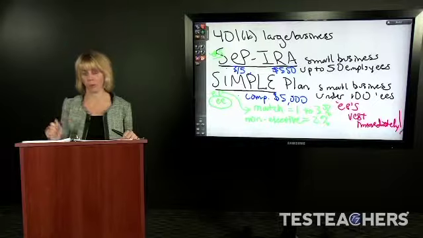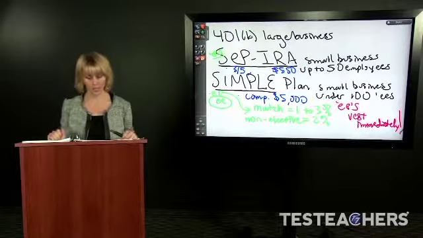Because of that rule, SIMPLE plans are subject to a 25% IRS early withdrawal penalty if a distribution is taken in the first 2 years of the plan. I don't really care what your age is. If you just got into that SIMPLE plan and you take money out during the first 2 years, cost basis is 0. Not only will you owe ordinary income taxes, but there is a 25% penalty for distributions made during the first 2 years of when the employee enrolled in the plan. That's pretty significant.